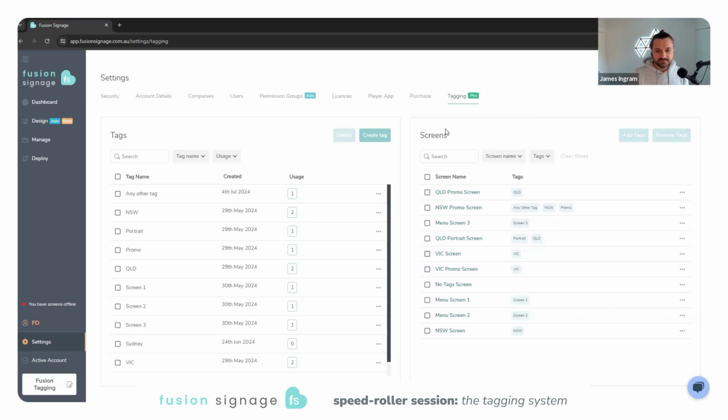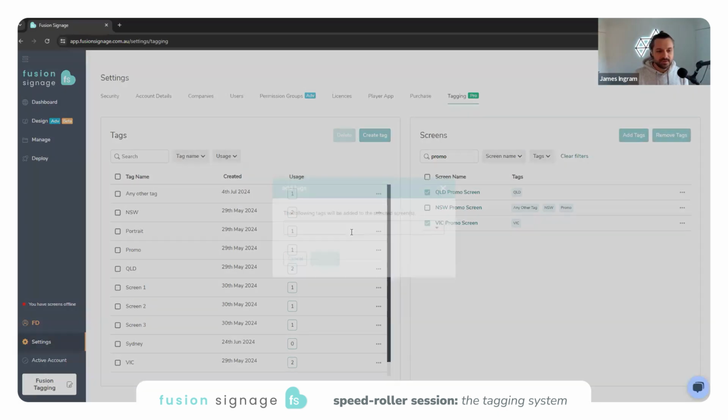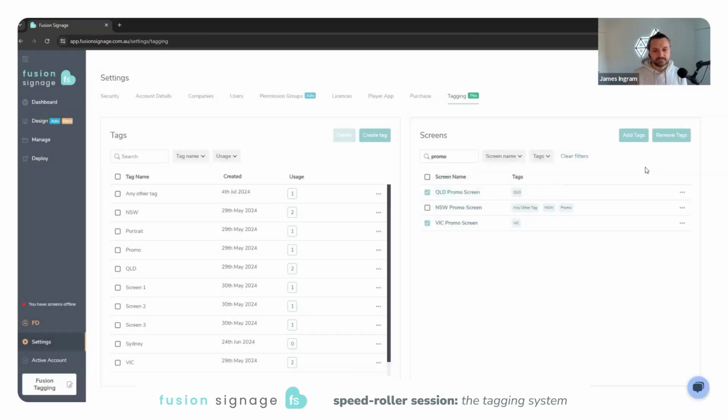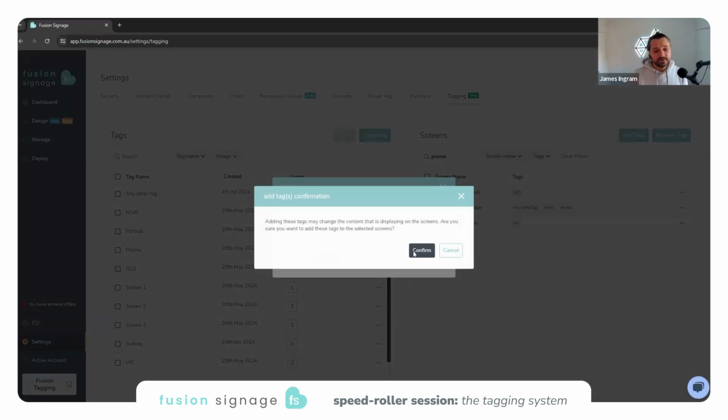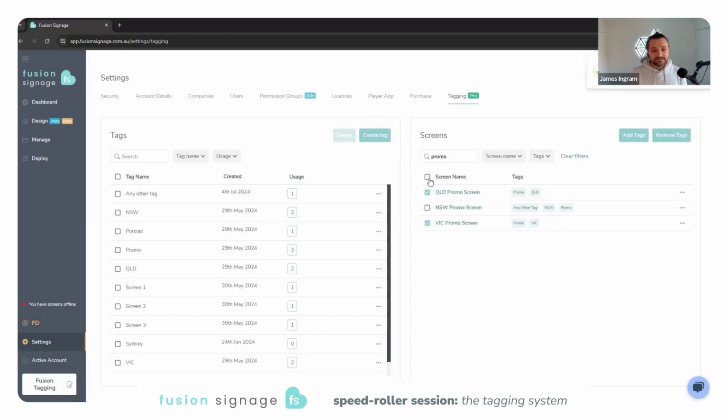Perfect. So I've added those in, and I think the other one I added was promo. So in here, I've got a bunch of promo screens, so I can tick on the ones that don't have promo. Add tag in, click promo. Tick on promo and add them in. So now that I've added all my tags, we need to start to refine down and put the tags into